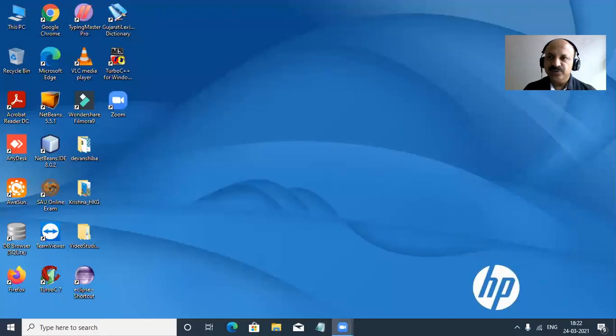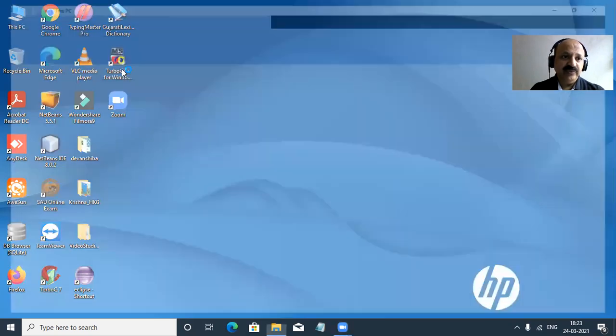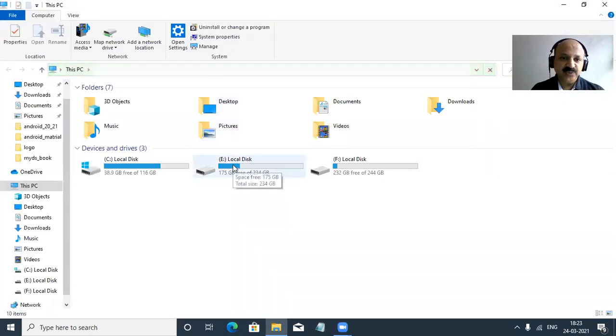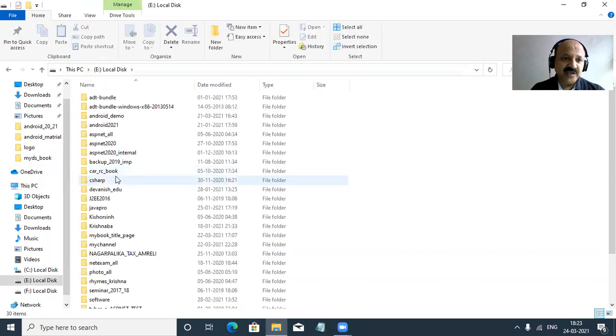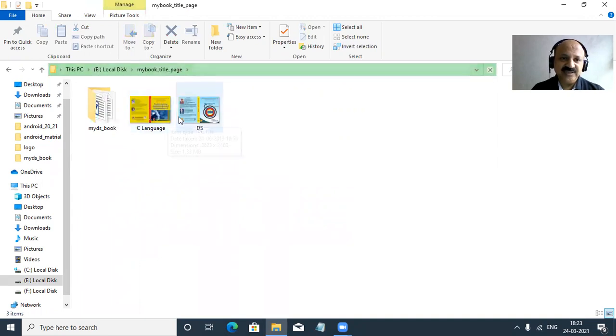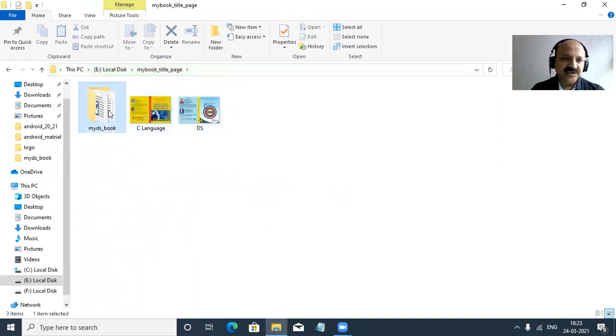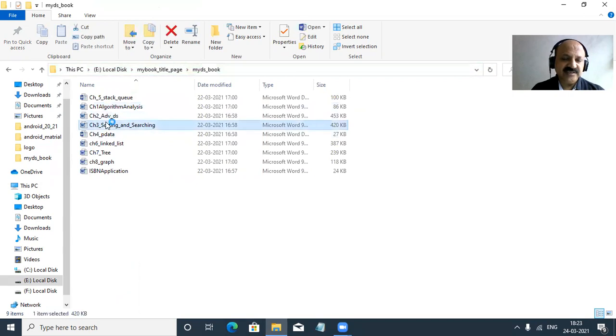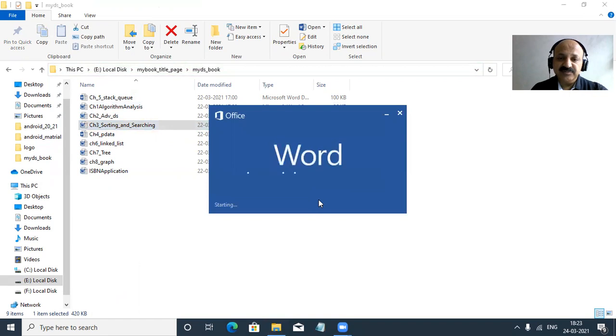So let us start. First, I share my laptop screen and fix the position here so you can watch better where my video lecture. I start our program in Turbo C++ before we understand some theory points. So that is my book in the IT field, C and Data Structure. That is the cover page, and chapter number 3. Yes, that is my book. So I open it, and we can learn some theory part.